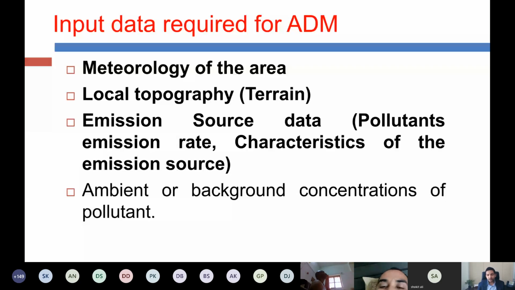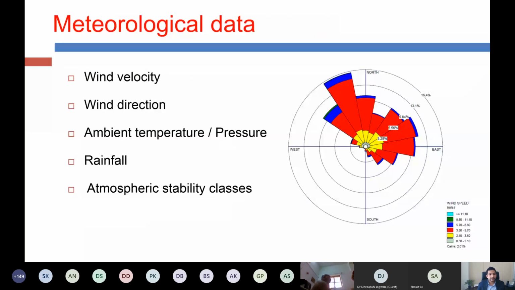So when we talk about background concentration, it is the current state of air before the project is implemented. We measure different pollutant concentrations in the air, and that is called the background baseline environment. Starting with the meteorological data, it would include wind velocity, wind direction, ambient temperature, pressure, rainfall, and thereby the model would calculate the different